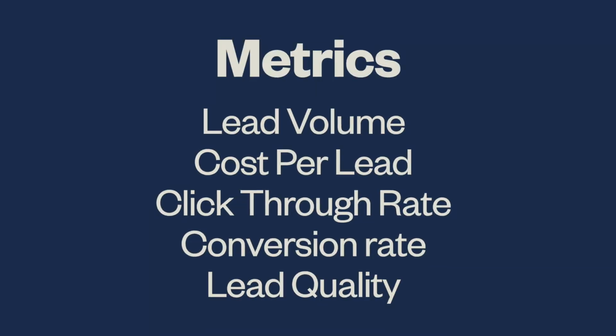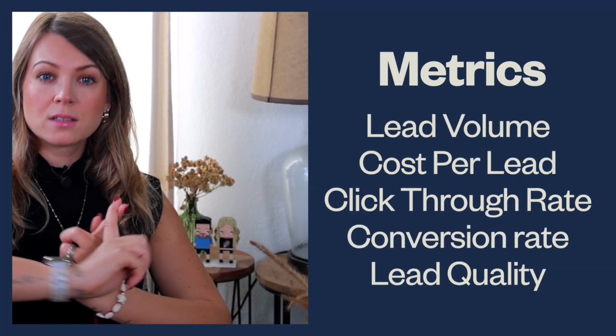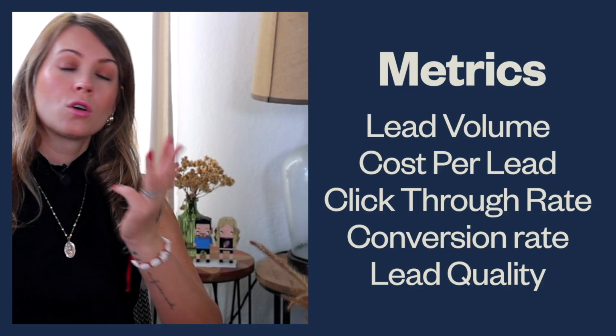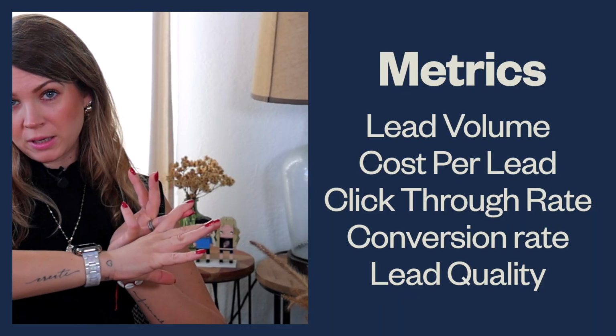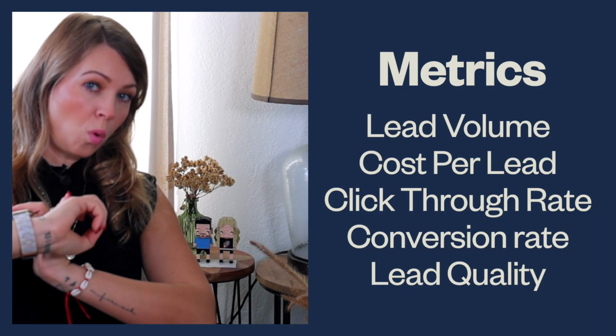After the learning phase, I focus on metrics that tie directly into my objective. So for lead generation, these are the non-negotiable metrics you need to look out for. Lead volume, cost per lead, click-through rate, conversion rate, if available in the platform, and lead quality, if you can track that post-lead action. These KPIs will give me an idea whether my creatives are effective, whether my audience targeting is resonating, and whether my funnel is actually converting and not just generating empty clicks.